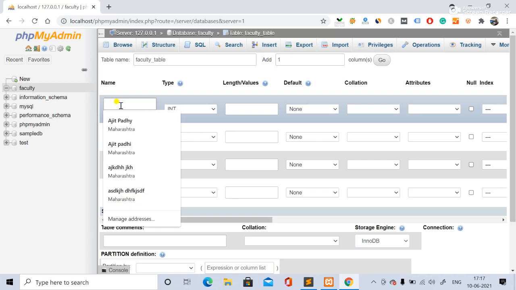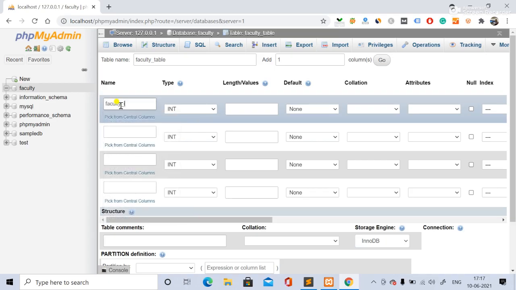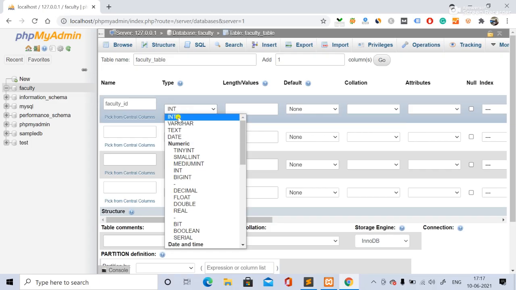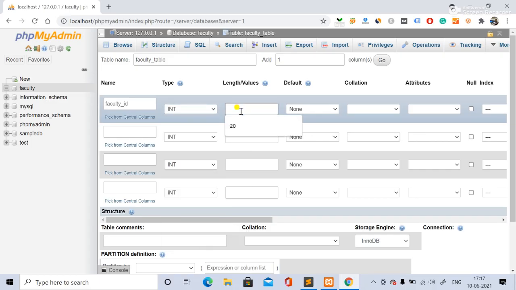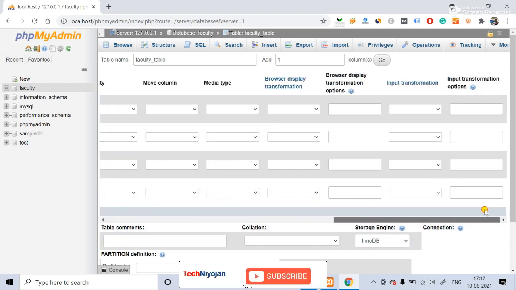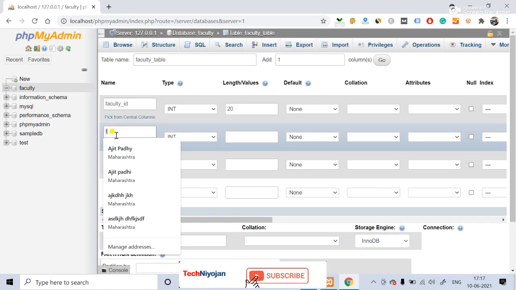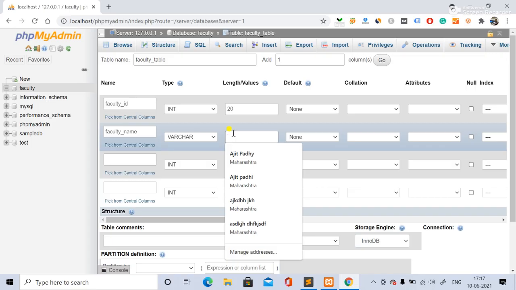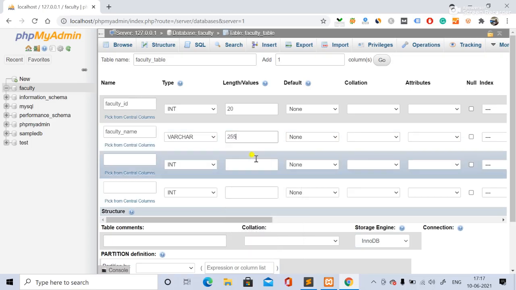So first of all we'll take faculty ID, then you can take int value to be 20, then keep all this as it is. Now we will take the faculty name, then it should be varchar, and the name should not be more than 255.